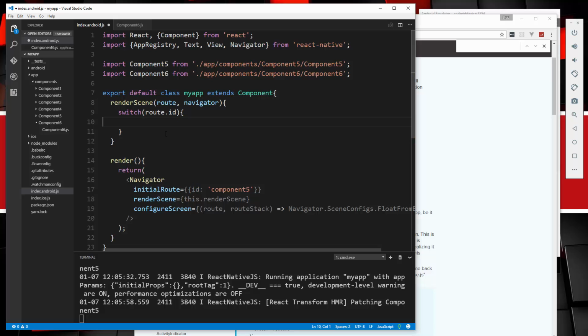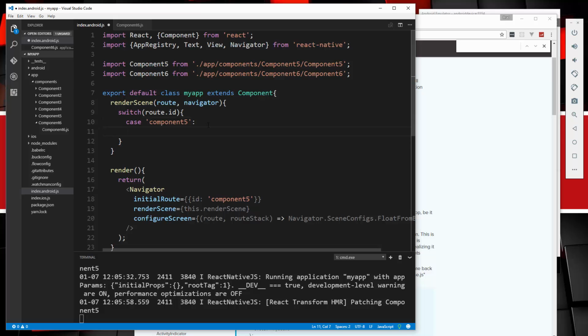All right, so let's put a case for component5. Now, I'm really not happy with what I'm calling this, but we're kind of too deep into it now. You could call this whatever you want, really. I guess this is fine. That's what you get when you don't plan out from top to bottom what you're going to do. So we're going to just return, and we can return whatever we want here. You could return a view or whatever,